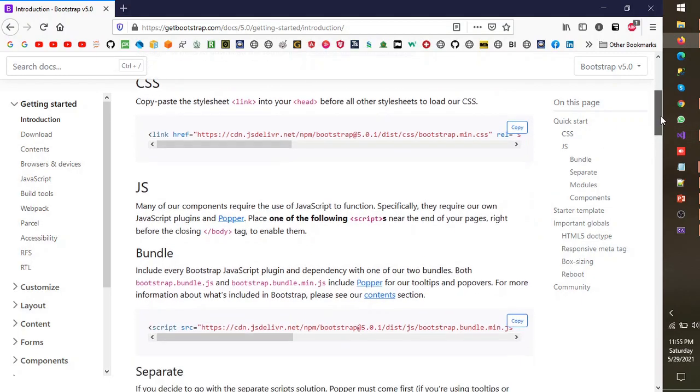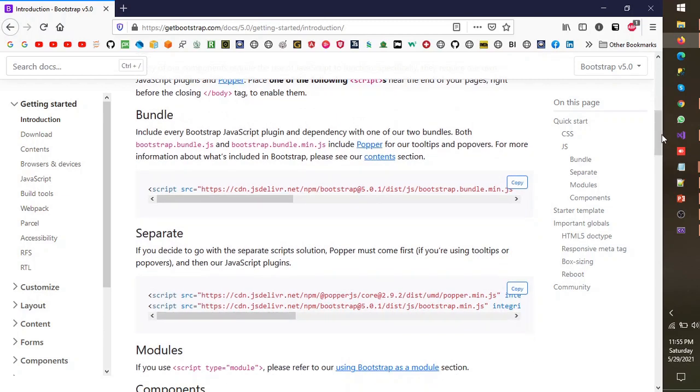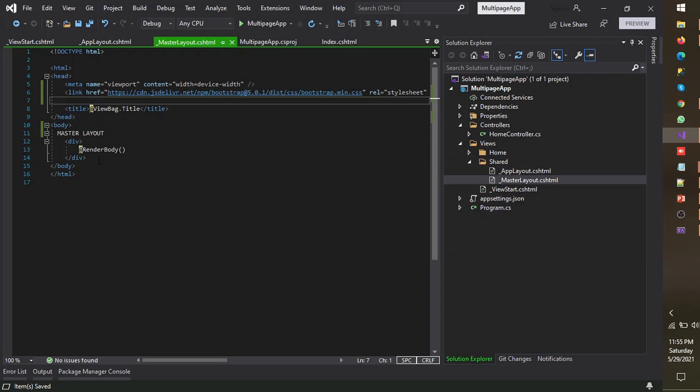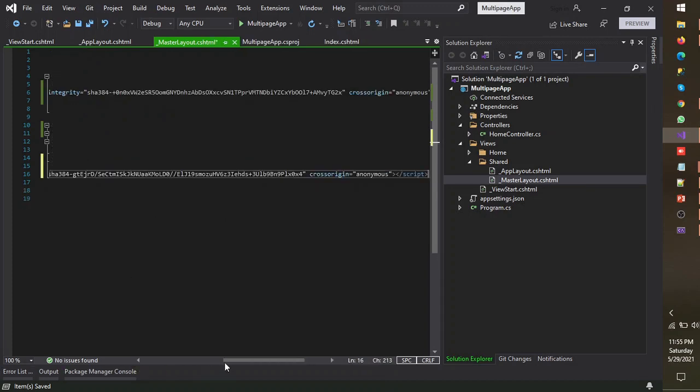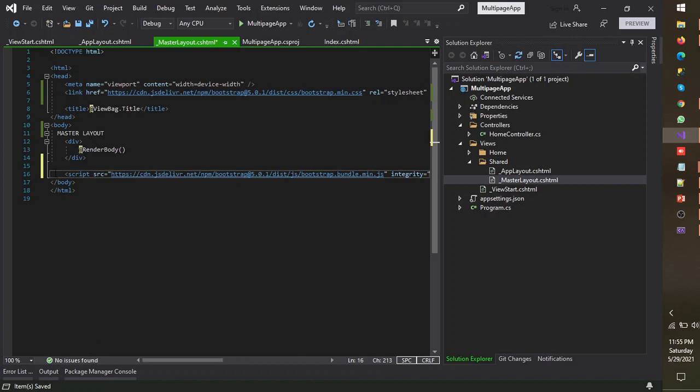Next, what would I need? I would need this bundle. I'll copy this bundle and I'll paste it here at the bottom of the body. So in this way, we have added the bootstrap in our project. So next, we need a navigation on the top,